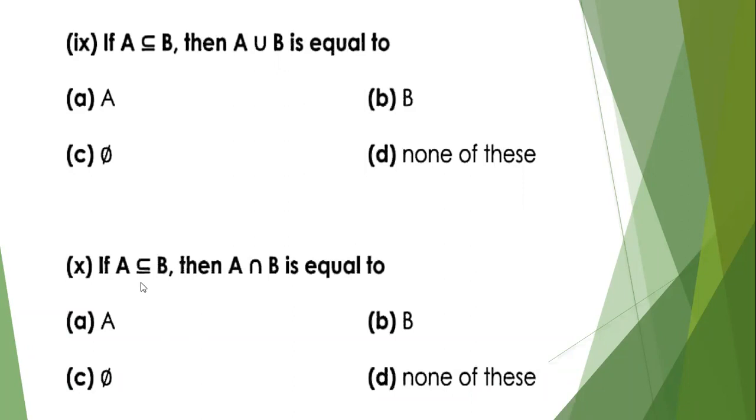Very nice. What about this 10th part? We are going to find the intersection, and it will be equal to what? With explanation, you have to tell me, please. Yes, someone. So for example, since set A is a subset of set B, in set B we have 1, 2, 3, 4, and 5. In set A, we have 1, 2, and 3. If we take their intersection, we are only going to add 1, 2, 3, because those are the elements that are in both A and B. So it will be equal to A ultimately. Yes, exactly. Very good.